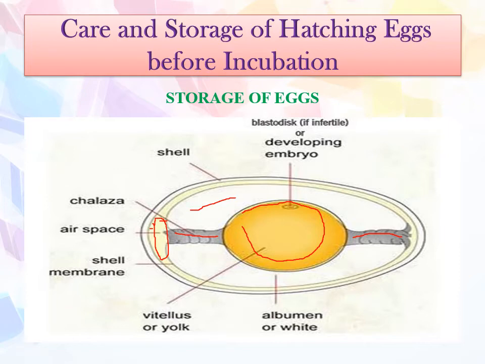And this is the outer covering. It is called the shell. So you should remember shell is one thing and cell membranes are another thing. Egg shell means the outer covering. It may be either white or brown color. It is called the egg shell, and cell membranes are the internal part of the egg. In detail we will learn in later topics.